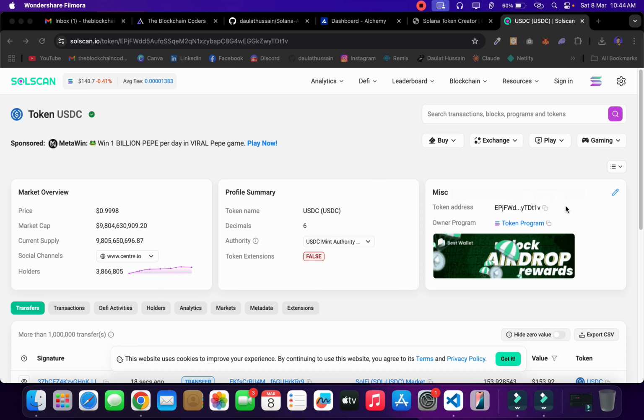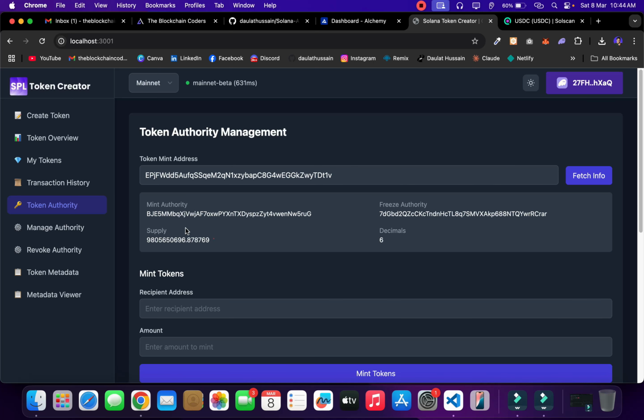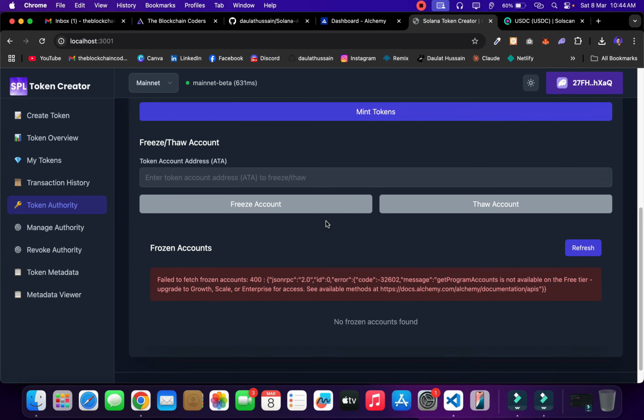I can copy that one and come back to the project, and here we have it. I can give the address. Right now I'm connected with the mainnet. I can click on this fetch info and it's going to give me the details: which account holds the minting authority and the freezing authority. So in this way, you can easily manage it, and you can see that we are